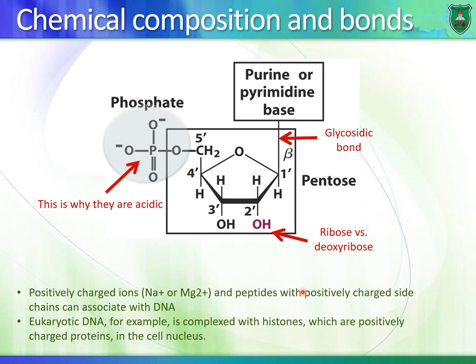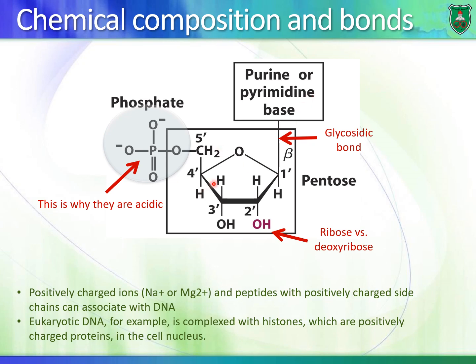Now, notice something here. Notice this sign right here. This is 1', 2', 3', 4', and 5'. So why is it that we have prime added to the number of carbons in the ribose, in the sugar molecule? The reason is that there are also carbons that make up the nitrogenous bases, and they are given numbers of 1, 2, 3, 4, etc. So basically the idea is to differentiate between carbons of nitrogenous bases versus carbons of the sugar molecule.